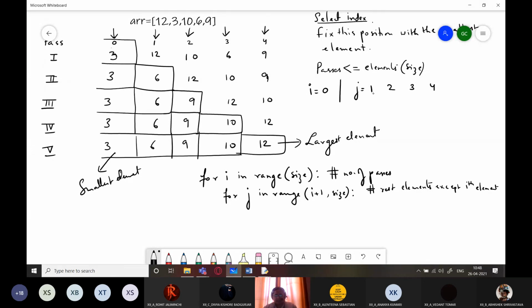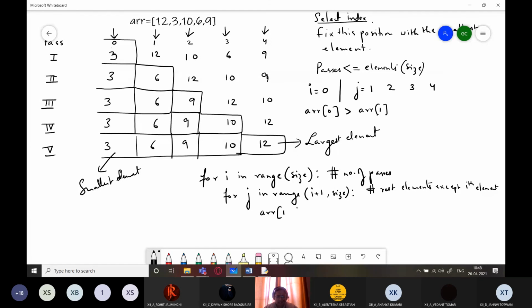So I is 0, j starts from 1. We will be comparing the elements. Is ARR 0 greater than ARR 1? ARR 0 is 3. Is it greater than ARR 1? That is 12.